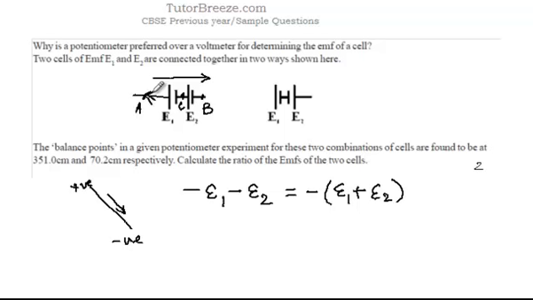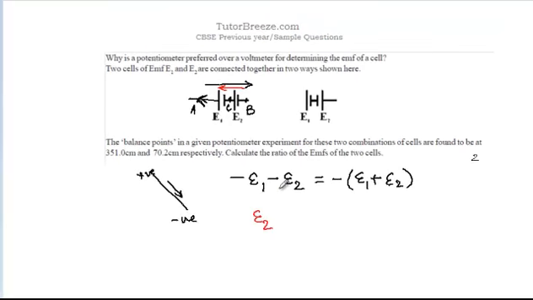So the current is going to flow in this direction. If you traverse the loop in the opposite direction, as I've shown with the red arrow, then for the first cell, from B to C, you would have E2, because you're moving from the negative terminal to the positive terminal, which means you're going uphill and you have a positive sign. So this would be plus E2, and for the second cell also you would have plus E1, and the total EMF would have been E1 plus E2. So we can consider this as E1 plus E2.